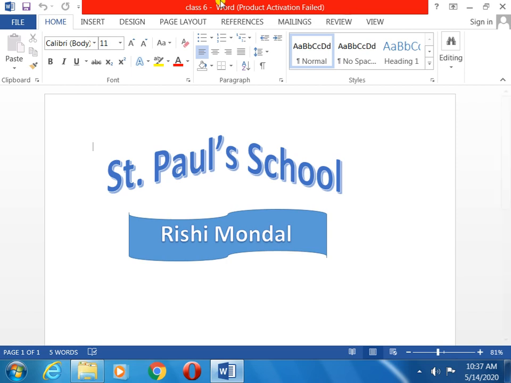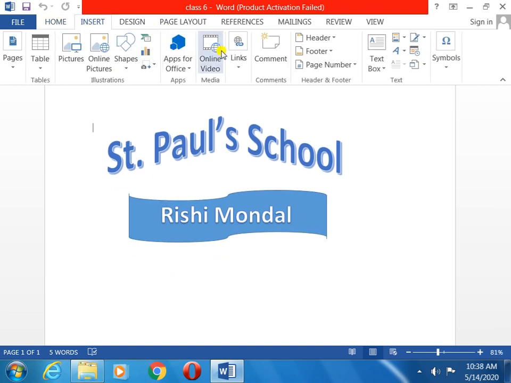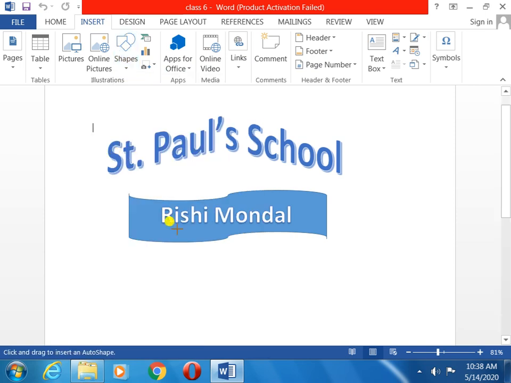Once more I am showing you another thing. Suppose you have already opened this page and you want to add more things further down. Insert, shapes. Suppose you took the rectangular box.